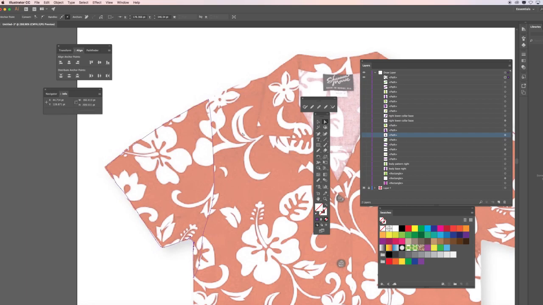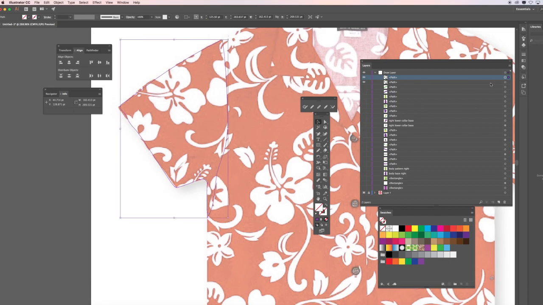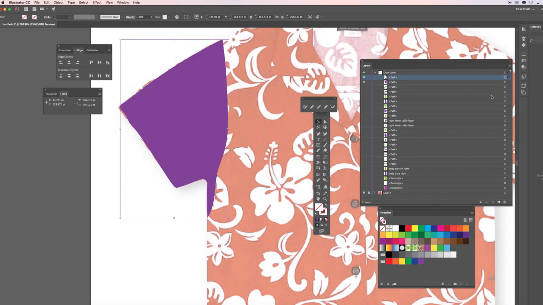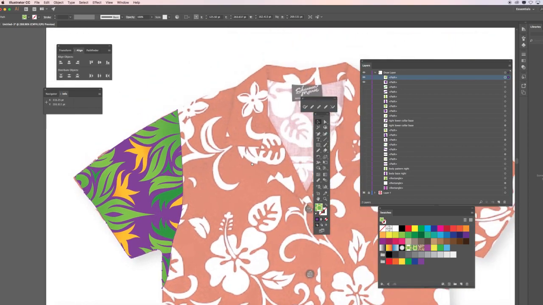And there you have it. So again, make sure the entire object is selected. There it is. Command C, Command F. The bottom one we want painted purple. This top one we want it filled with the pattern. Finally, we want to do